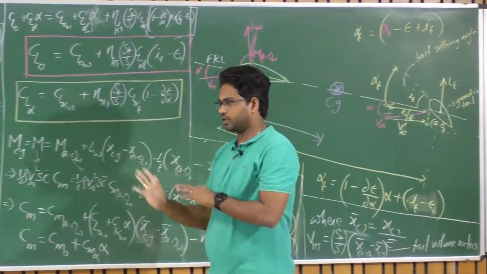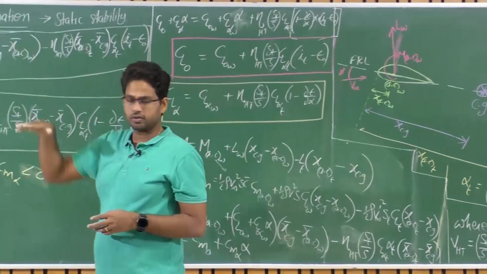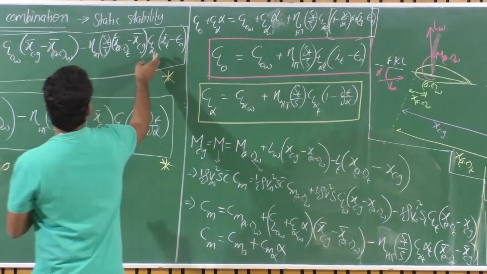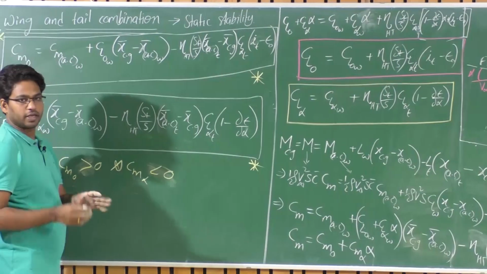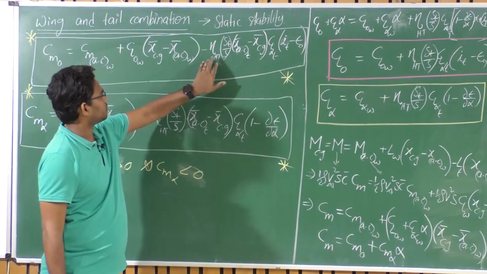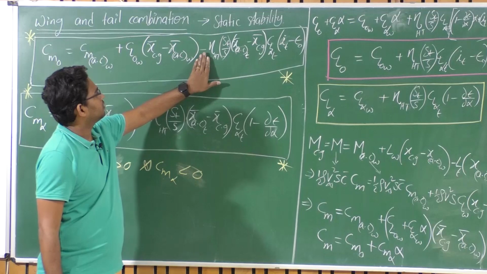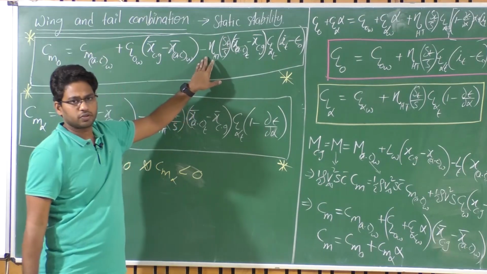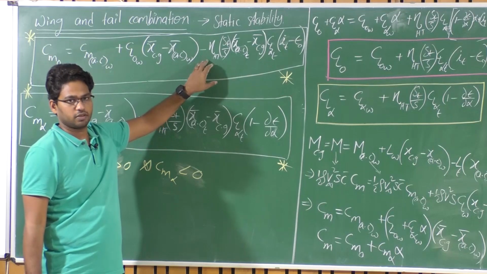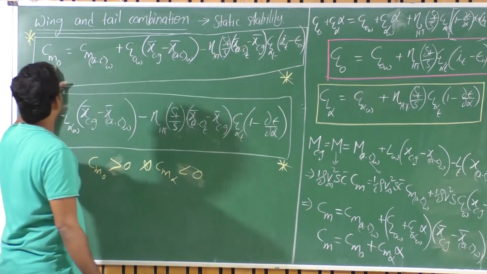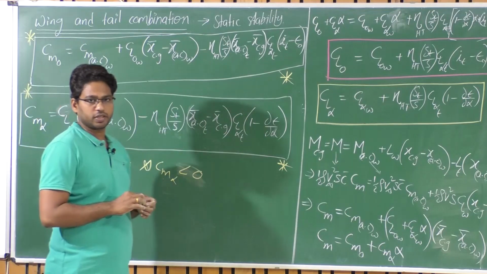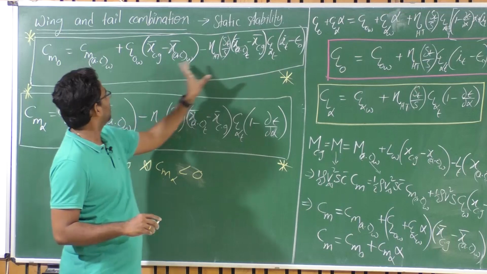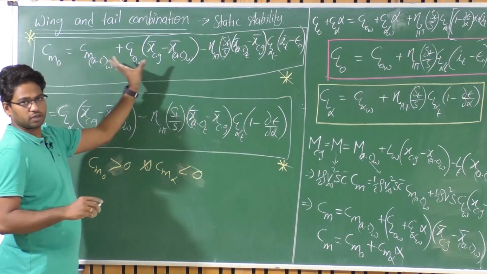Isn't it? So that continues, the Cm naught, the contribution of the tail towards positive Cm naught continues, whatever the angle of attack is, right? So this becomes a positive quantity here. With a proper value of this, it becomes more positive, and you can trim at higher angles of attack as well. So that means the more the value of Cm naught, the more the trim value that I can achieve, isn't it? So this particular quantity alone can overcome this particular limitation.